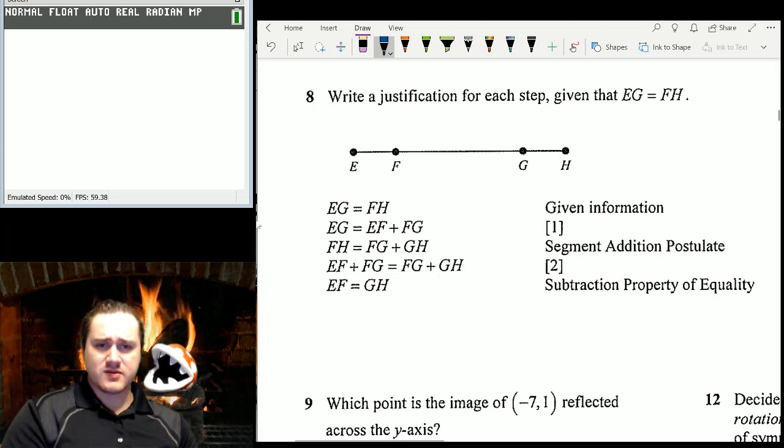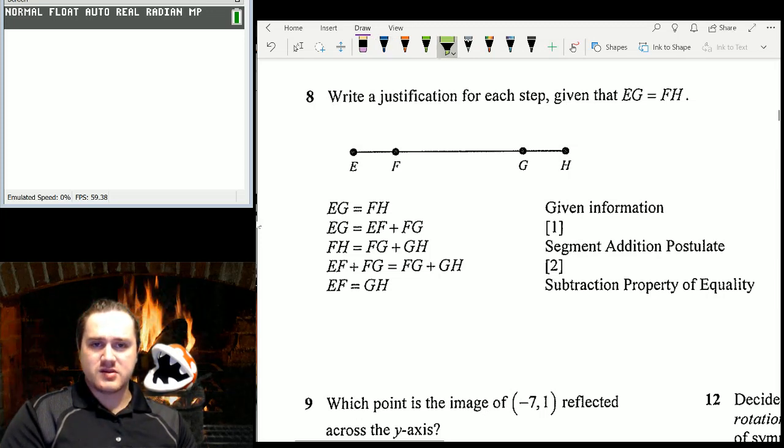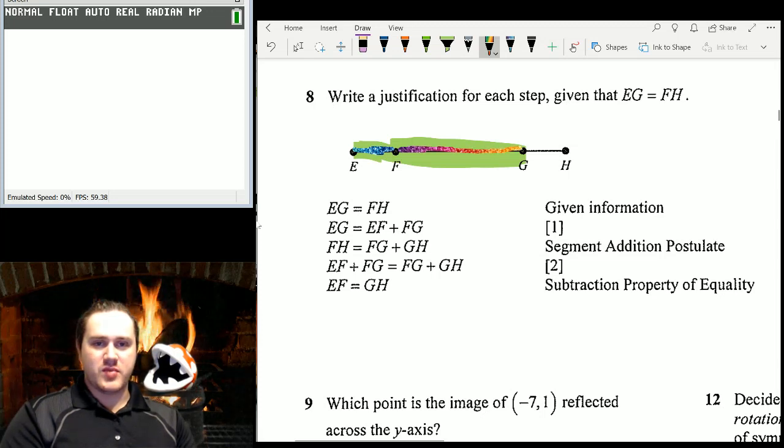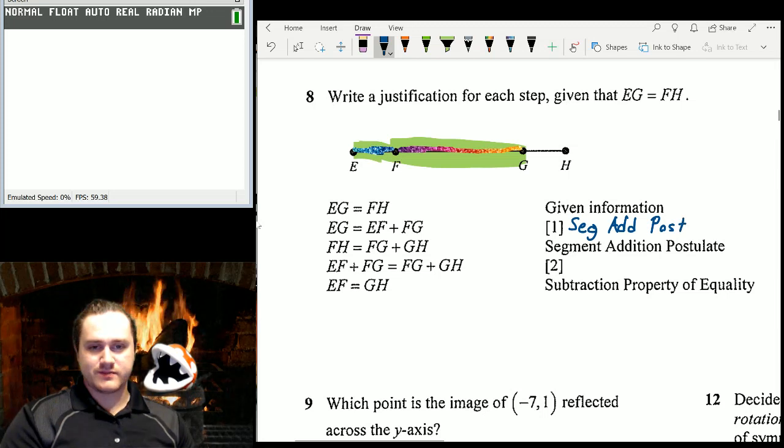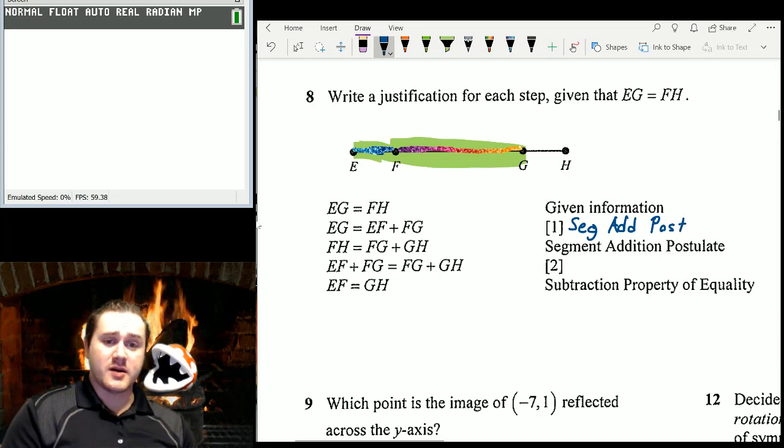Next one is going to say that EG, the entire line here, is the same as EF plus FG. So basically we got a part plus a part equals the entire thing. Okay, so that should pop up in your head automatically that should be segment addition postulate. You have two segments that you're adding together to equal the entire thing. It's segment addition postulate. Now for the next part, what they're doing is the same thing, but they're using the